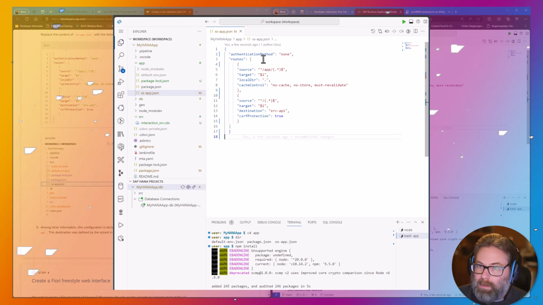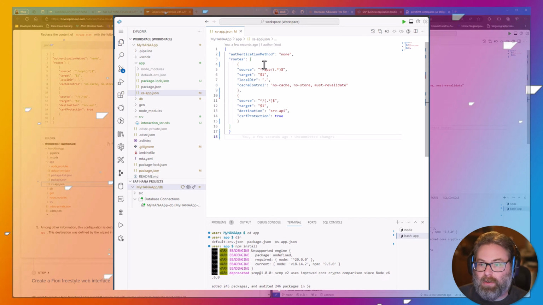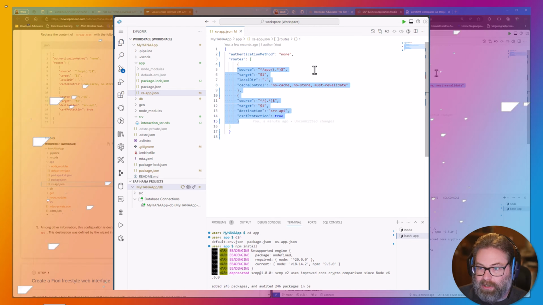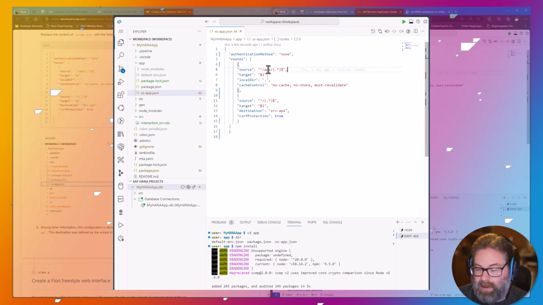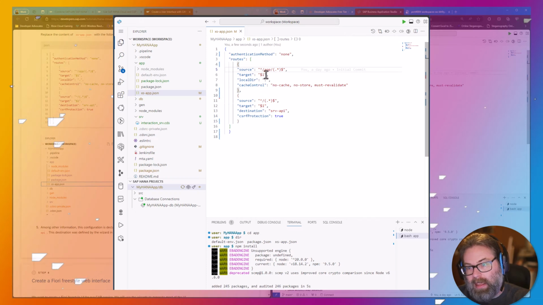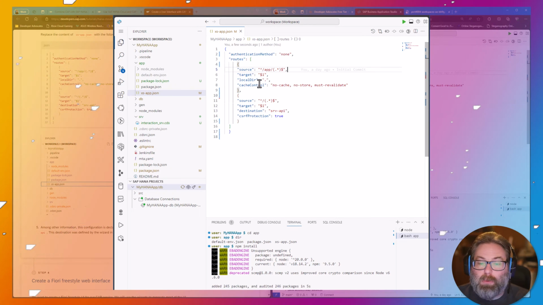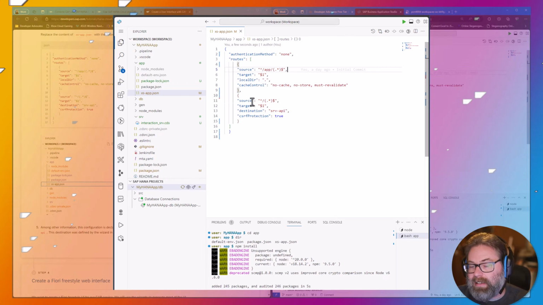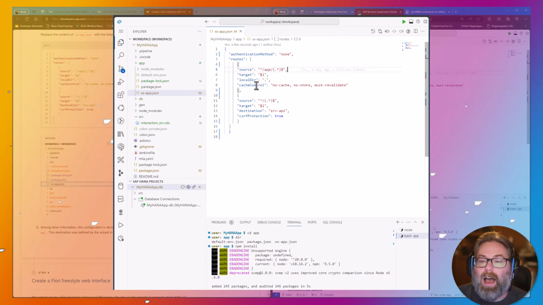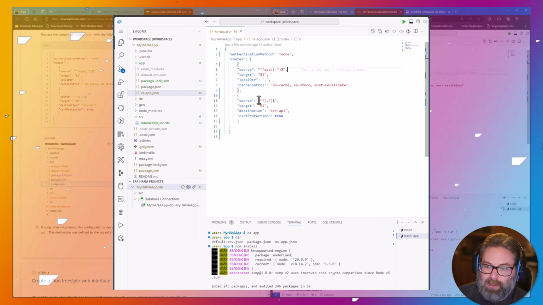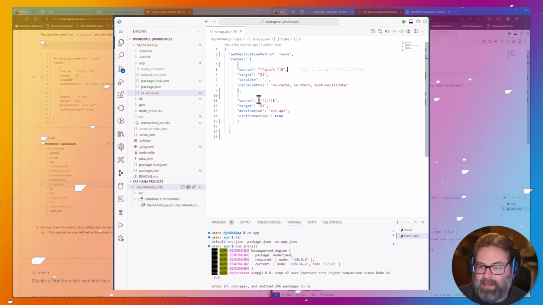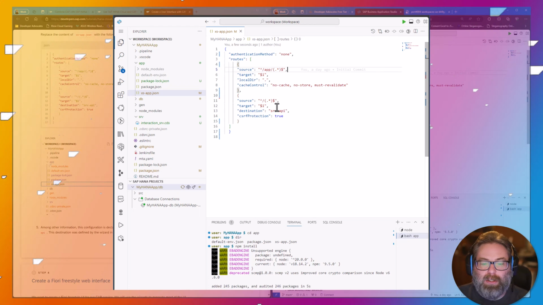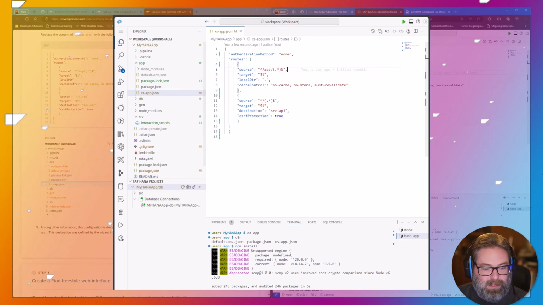Now, this works because these are processed in order. So the order that you list things in is very important. It's going to try to match this first, and if anything has app in the URL, then it stops processing. As soon as it finds one match, it forwards that request wherever it's told to forward it, and it doesn't keep checking. So that's why the order of these is important. You always have sort of a catch-all at the end, and in this case, our catch-all is going to our CAP service.